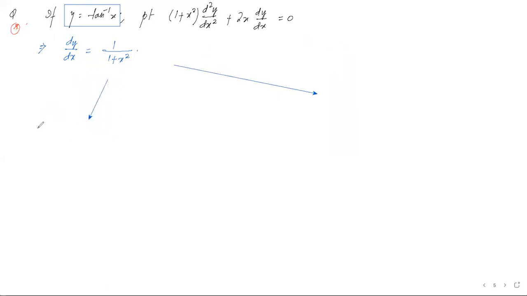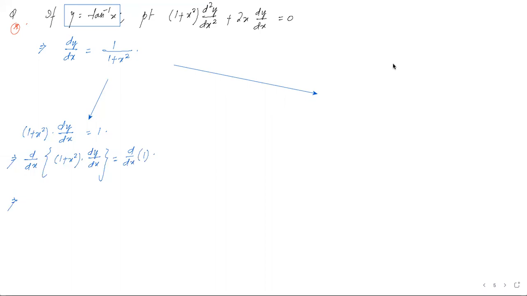First, what we are doing is I am shifting the 1 plus x square on the left hand side. So it becomes dy by dx is equals to 1. As in this 1 plus x square shifted on the left hand side, it becomes 1 plus x square dy by dx equal to 1. And since we need to differentiate it twice, as in double order derivative is involved, हम क्या करते हैं? दोनों साइड में ddx ले लेते हैं. As in the ddx of the entire left hand side, the ddx of the right hand side.